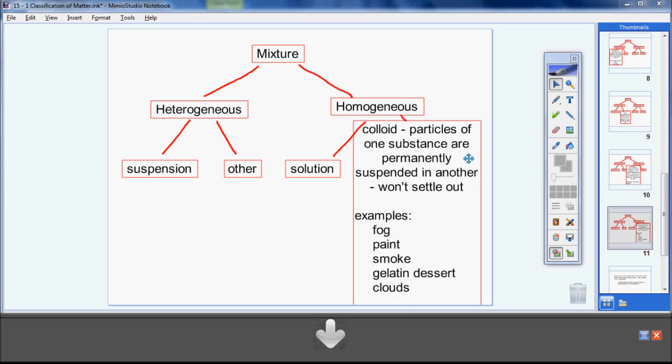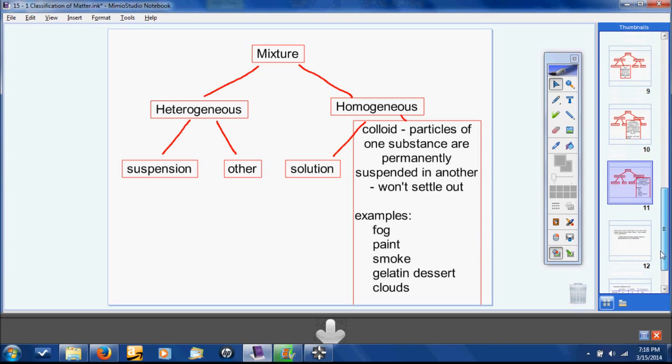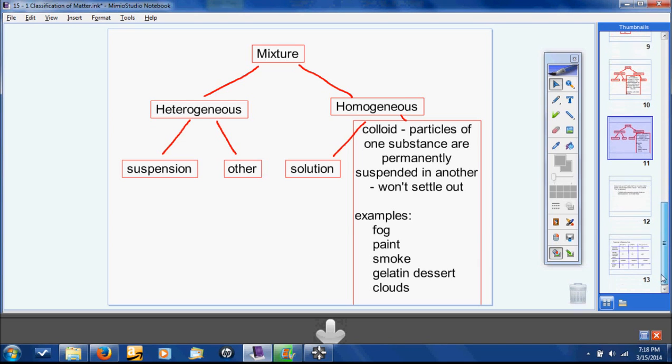Okay, so that actually covers all of our categories. We do need to do a little summary and have a little bit more information, but mixtures broken down into heterogeneous and homogeneous, suspensions, and the rest of the heterogeneous mixtures, the solutions and the colloids under homogeneous, and what we do need to do is take a look